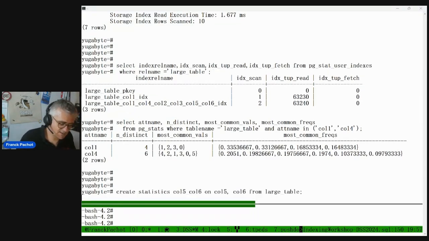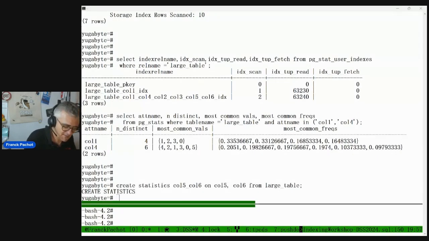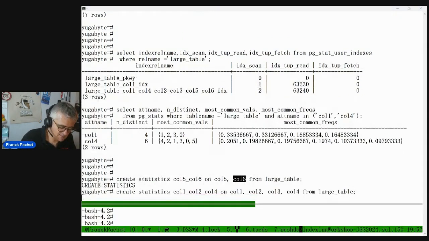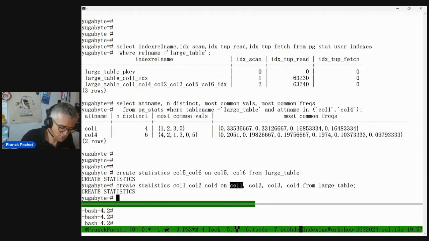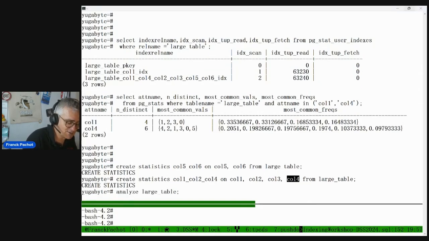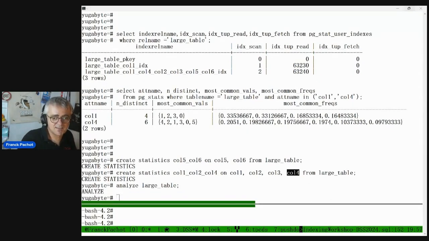I can create statistics on column 5 and column 6. Or I can create statistics on columns 1, 2, 3, 4. And if I analyze, then in addition to the usual statistics, it will get extended statistics that are visible in